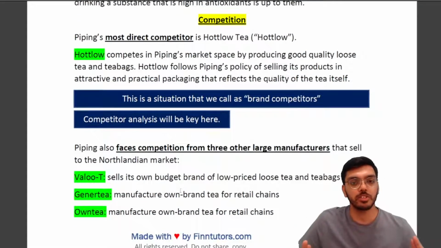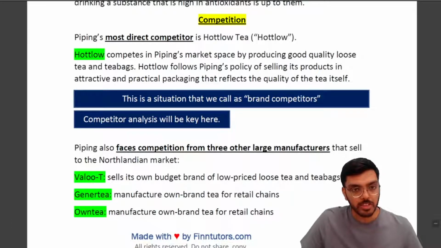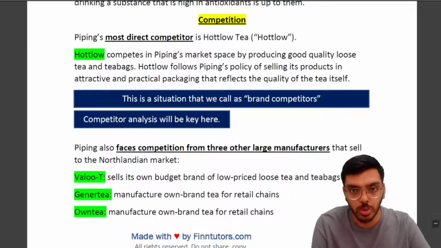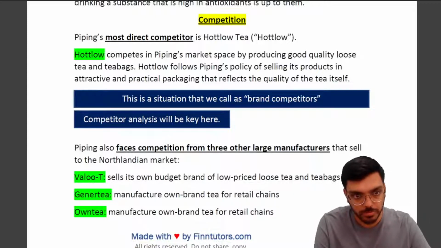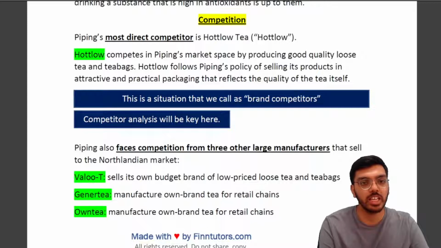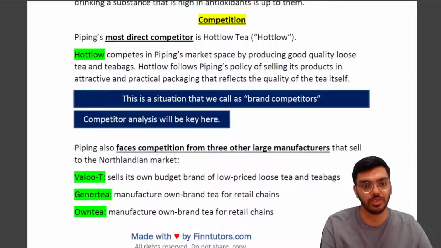Next, we have a competition statement. Now, Piping's most direct competitor is Hotlo Tea, also known as Hotlo. Hotlo competes in Piping's market space by producing good quality loose tea and tea bags, very similar to you. Hotlo follows Piping's policy of selling its products in attractive and practical packaging that reflects the quality of the tea